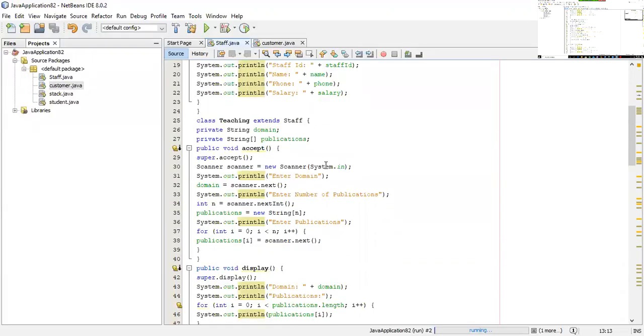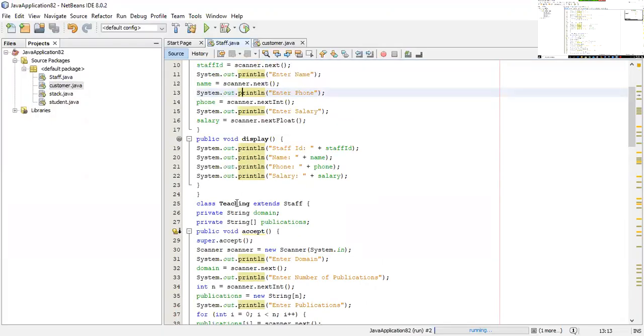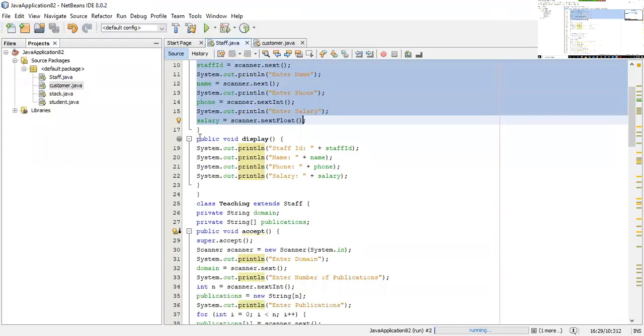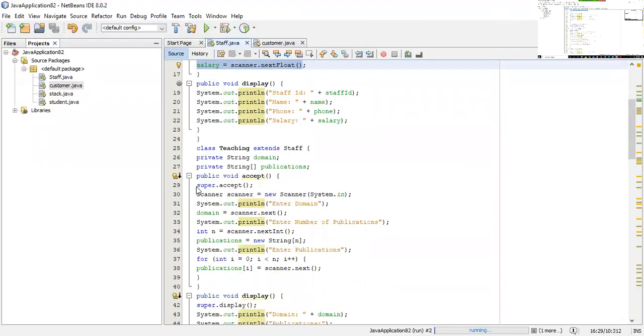Now, coming to the subclasses or the child classes, the teaching class extends the staff class. The advantage is that the teaching class can use the member functions of the superclass staff, that is accept and display, by using a keyword called super.